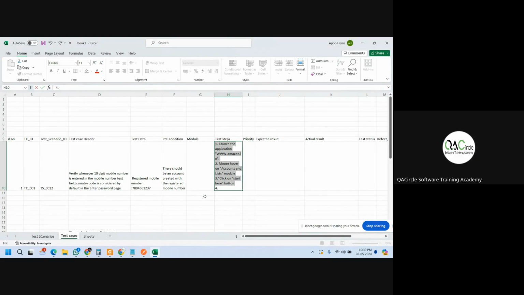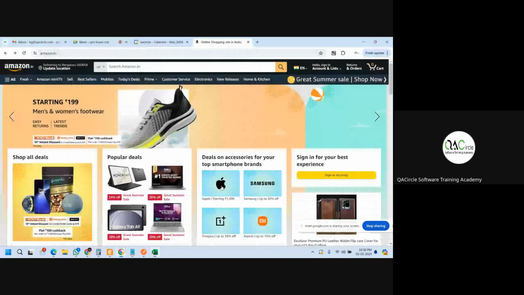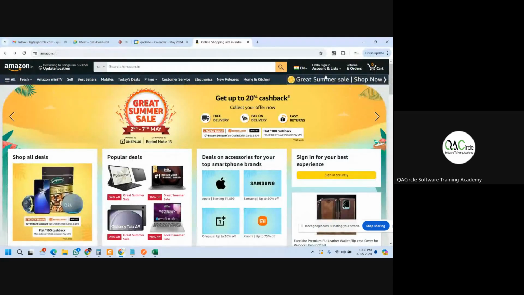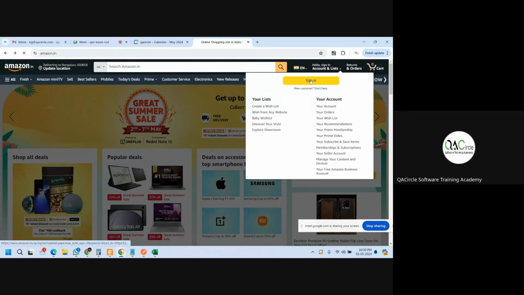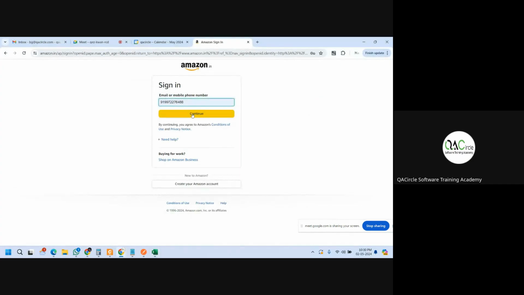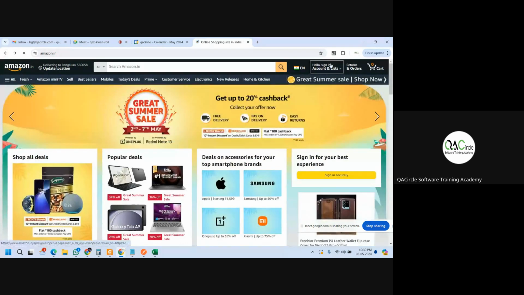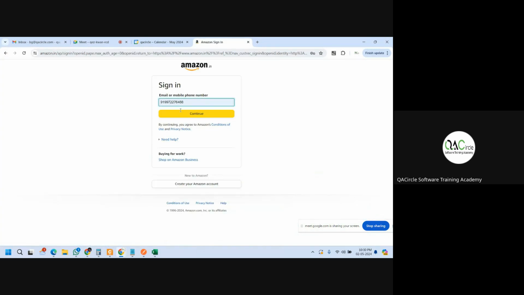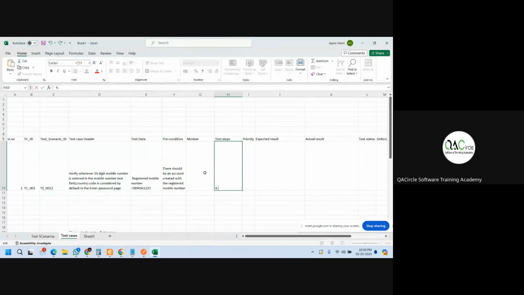You're clear? So we can remove these steps and start directly with hover the mouse, click on sign in, or you can directly say click on sign in and start with providing the mobile number. That step you can start with. So what I'm going to say, step number 1,